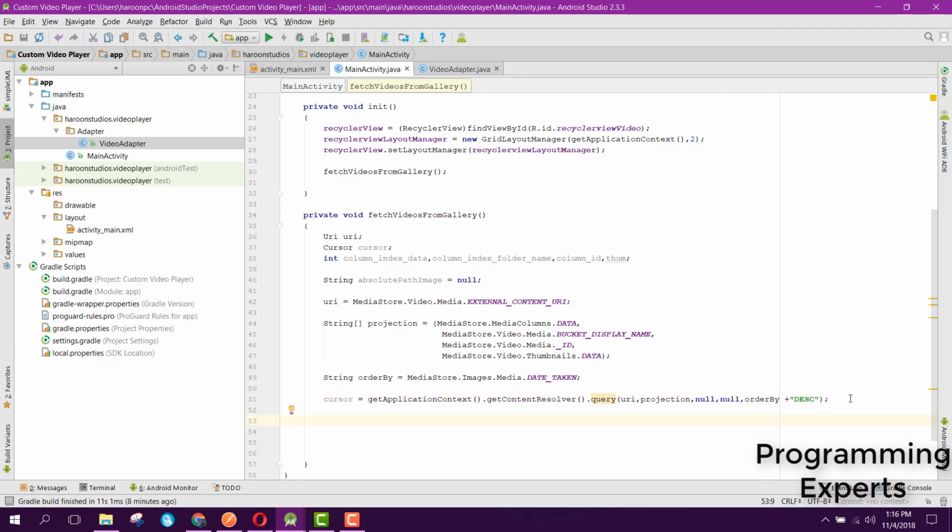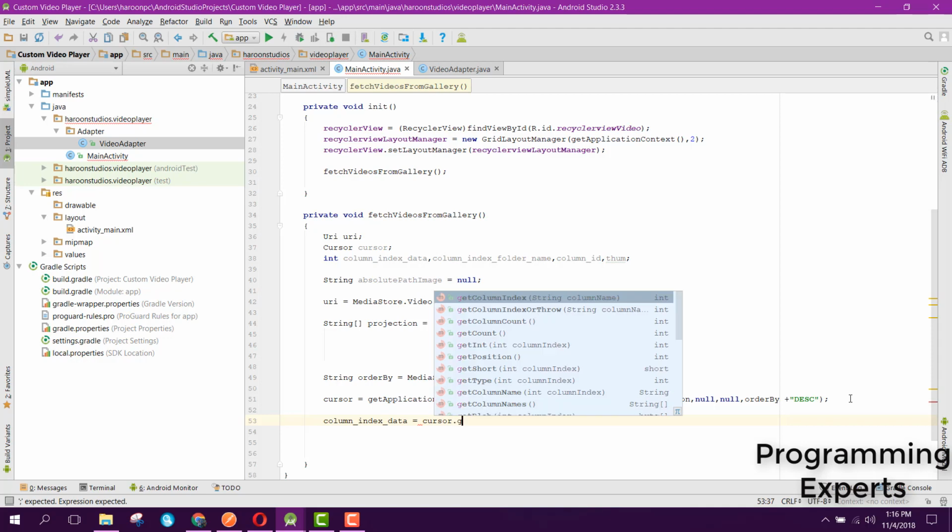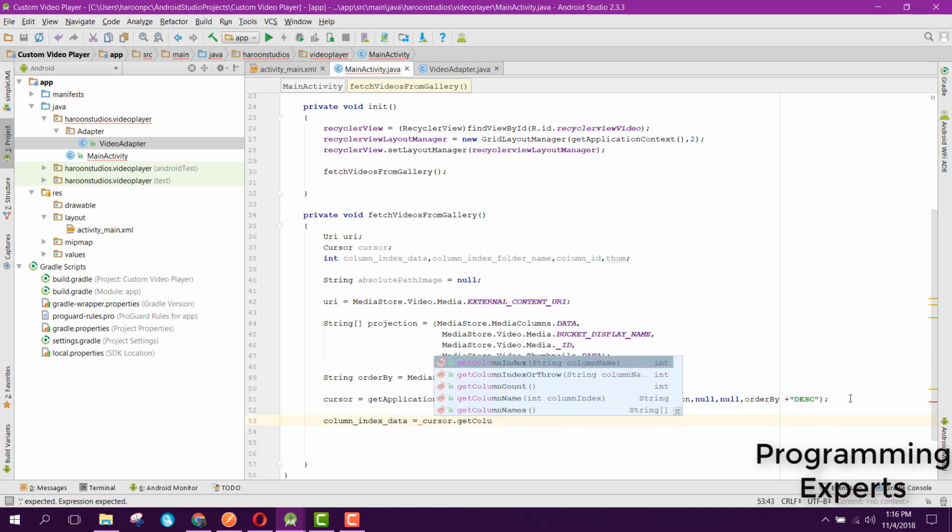Now we have the cursor, and we can say column index data, and it will be equal to cursor dot get column index or throw,